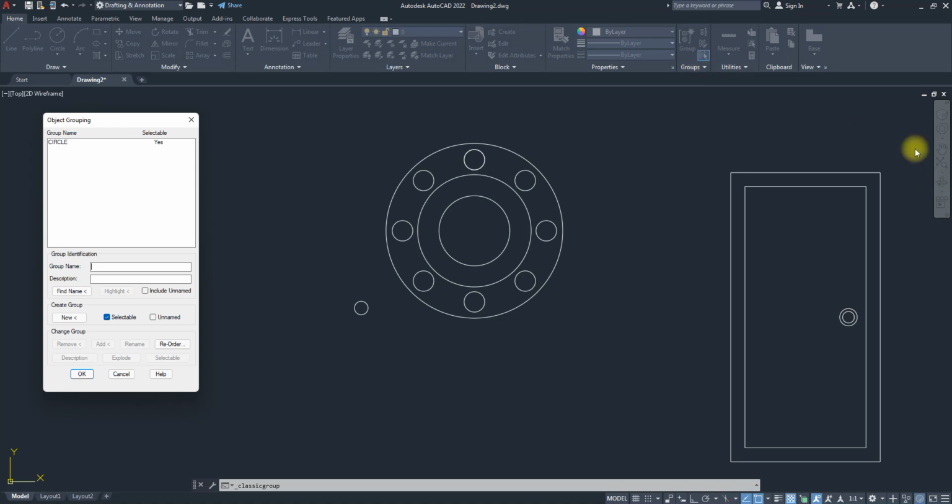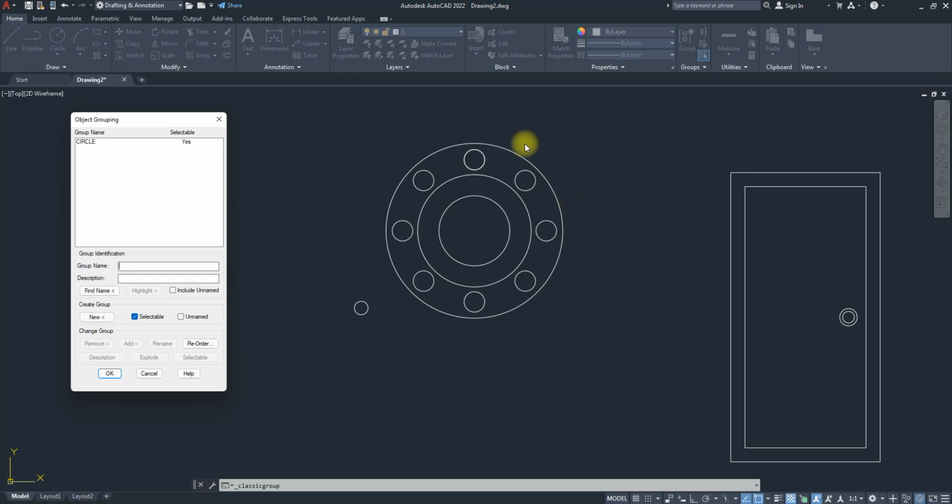So let's look at how to create a group object from this group manager. You notice the group object we have, this is it, circle. So let's create another one. We have the option to create a new group. You can see create a group. So we can just say create. So if I click on create,